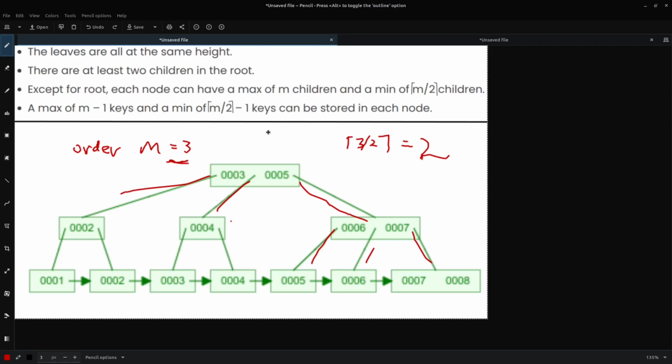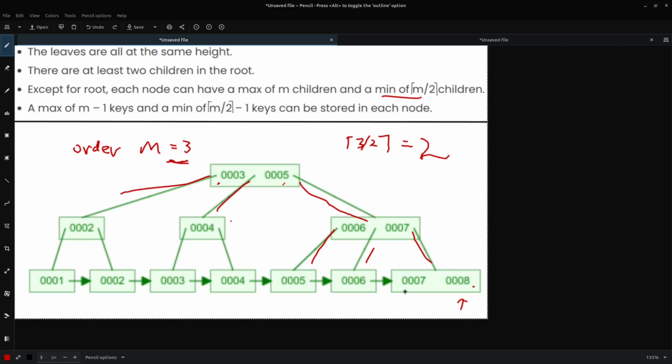When it's both a root and a leaf at the same time, it can have less than this amount of children. And finally, you can have a maximum number of keys being m minus 1. So you can see here we have m minus 1 keys, and if we added any more, so again, when you add keys to a B tree, you always add it from the bottom, right, from the leaf node. So in this case, if we added 9, obviously it'll go right here next to the 8,